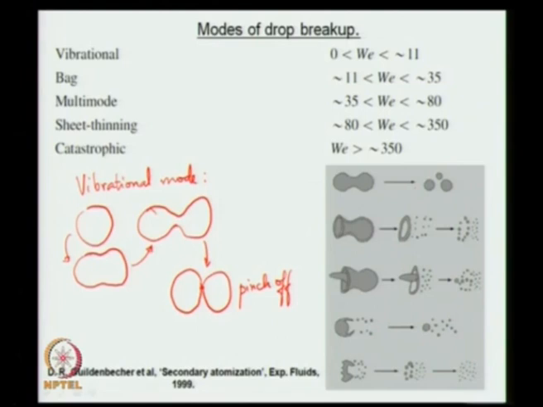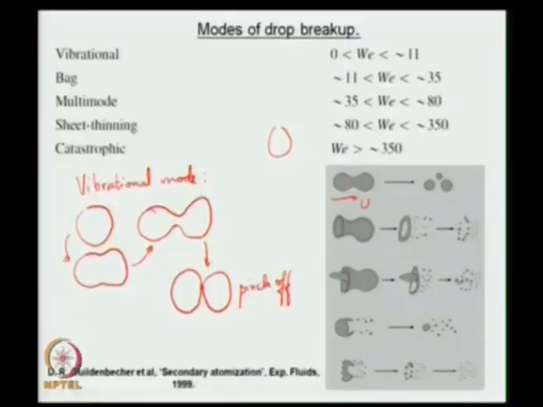So, essentially if you imagine in this particular instance, there is very little preferential direction of the air motion. So, for example, one would have to imagine in all these cases that the drop is introduced into an air stream of some velocity u, and that gives rise to the Weber number basically. So, initially the drop is at rest and you let go of it, you have this relative velocity between the drop and the air that causes this kind of a behavior if your Weber number is very small. If your Weber number is slightly larger,